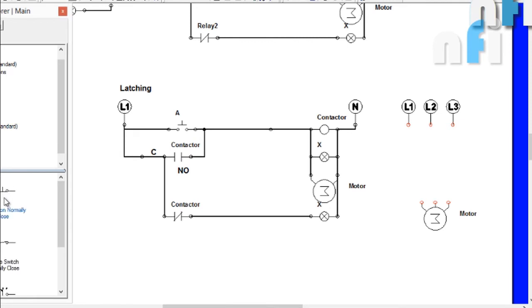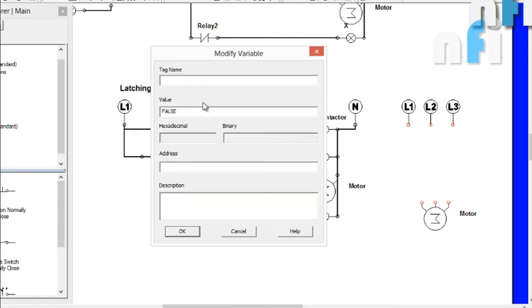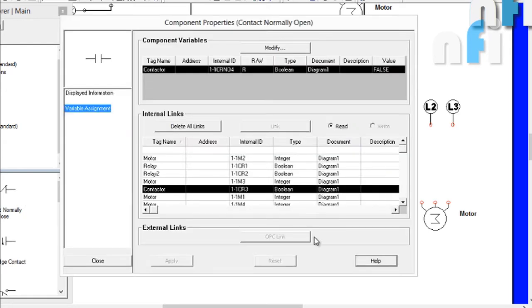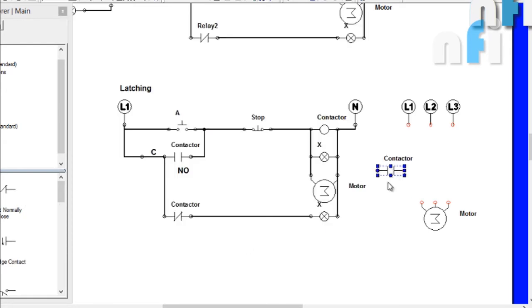To unlatch that, we have to take a switch again, just like we did for the relay. So there comes your NC contact, and this is connected here. Now how to connect this? We need some more contacts of the contactor, so I can copy paste this one. So this is the first contact which will connect your line 1 to the first terminal of the motor. Okay. Now here comes the other one. This will connect line 2